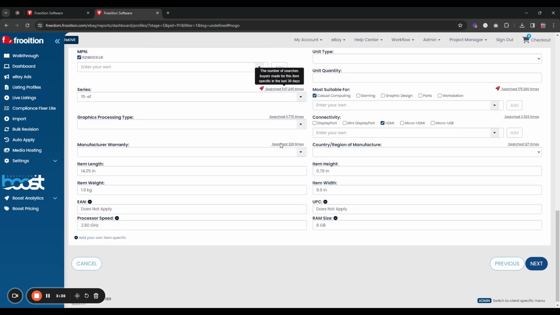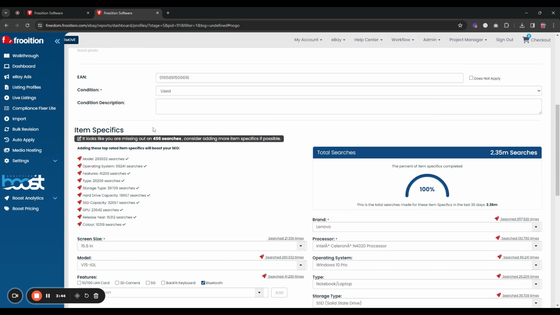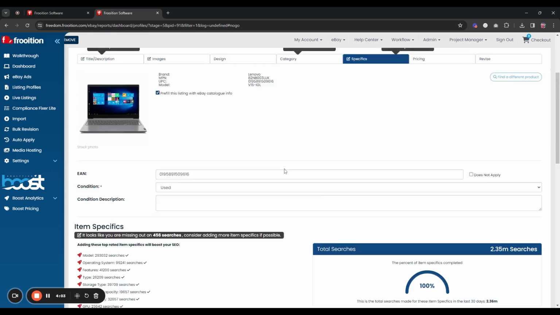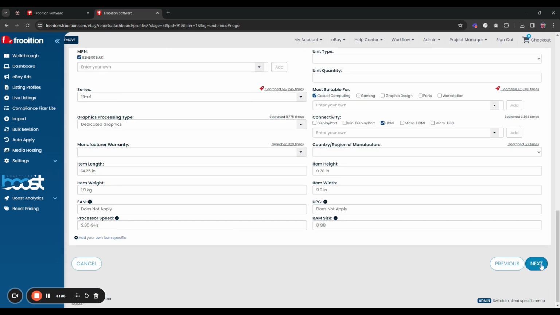So by adding on as many item specifics as you can in relation to the search data, for example, if I add on graphics processing type, that's reduced it down from what it was, 12,000, down to 456. So the better your item specifics are, the better the search reach, visibility, and matching buyers' search queries within the eBay search results, which will result in bigger impressions, better click-through rates, and converting these listings into sales and transactions. Once you've worked through the item specifics, click Next